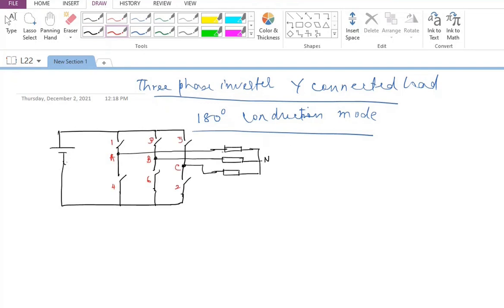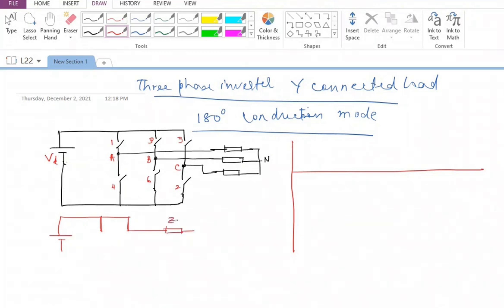Okay. Now this is VDC, what I have here. Now let's say I'm going to take 1, 2, 3. So let me draw the waveform correspondingly. Let me draw the waveform corresponding to 1, 2, 3, 2, 3, 4 and so on. Okay, so let me first of all draw the circuit corresponding to 1, 2, 3. So I'm going to have first of all 1 is closed and 3 is also closed. So I'm going to have, this is ZB because this is 3, and I'm going to have ZA because it is 1,